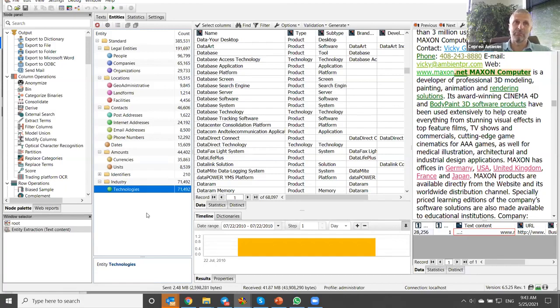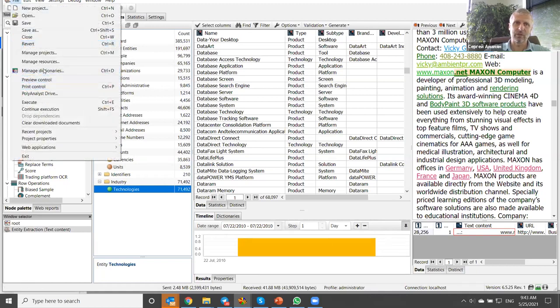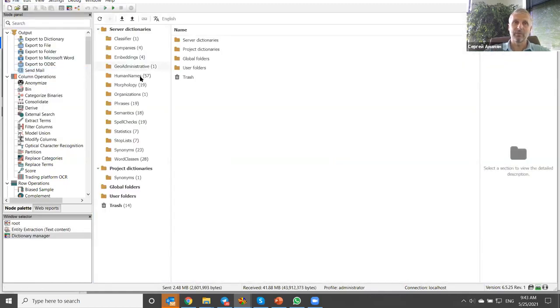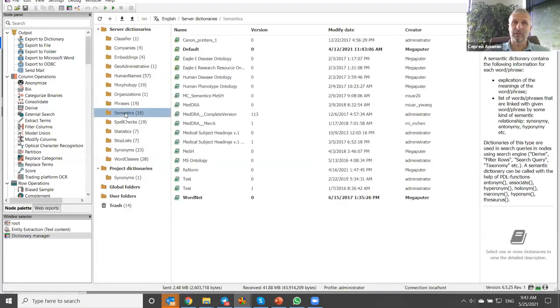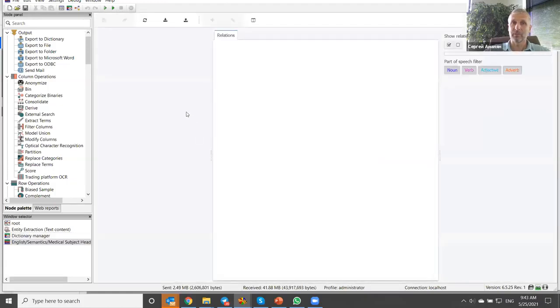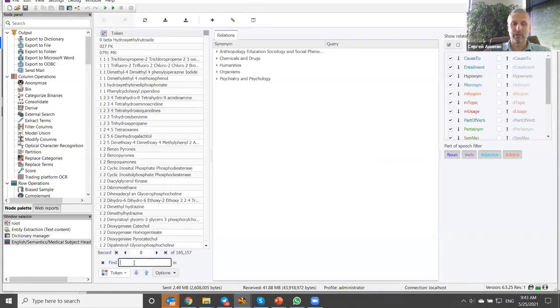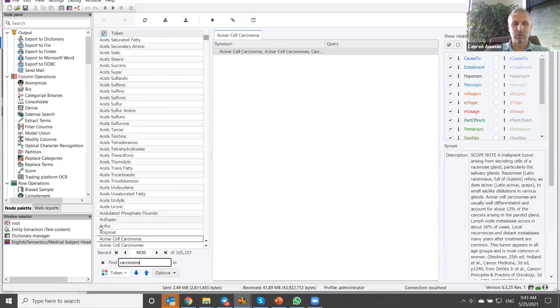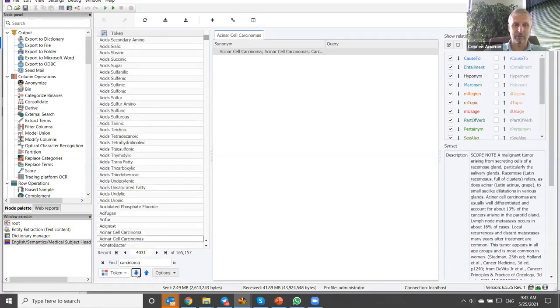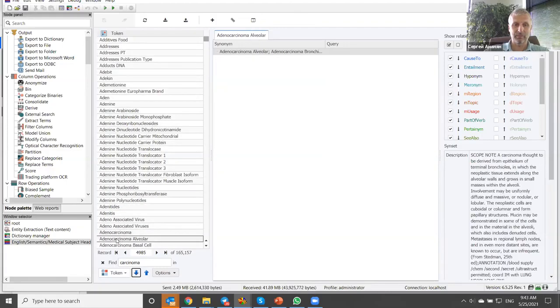PolyAnalyst has tied dictionaries and ontologies. And here, for example, if we look in ontologies in semantics, you can see that it works, for example, with medical subject headings. So if I do a search for carcinoma, the system will show me different types of carcinoma that it might encounter.